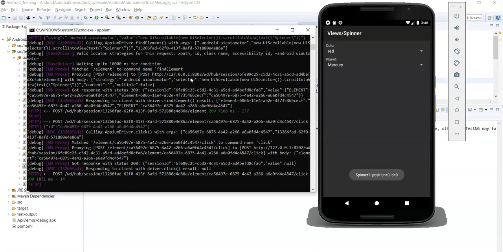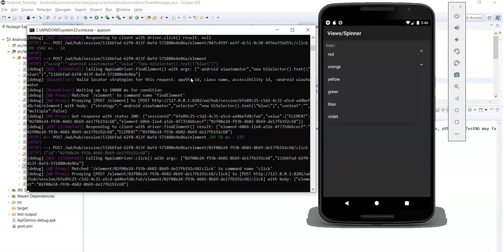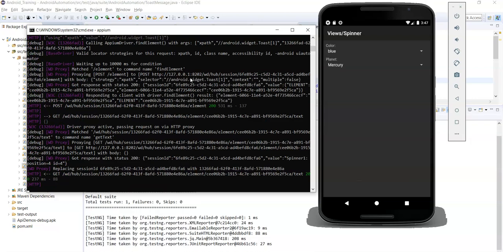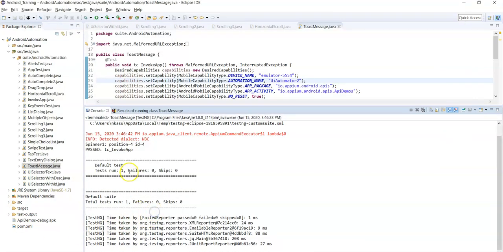Tapped on the spinner. Now our test case is passed successfully, and you can see the toast message: Spinner 1: position equal to 4, id equal to 4. So this is the toast message displayed when selecting the blue value from the first spinner, right?